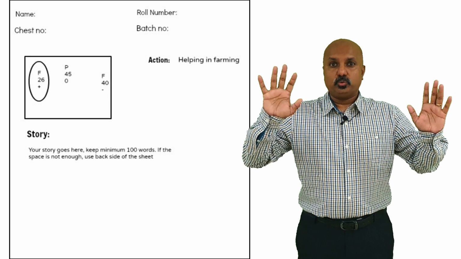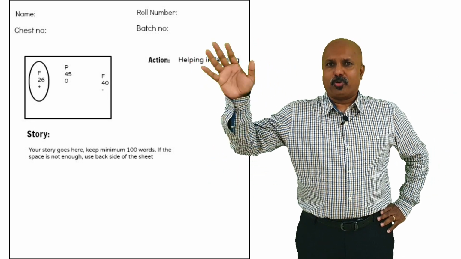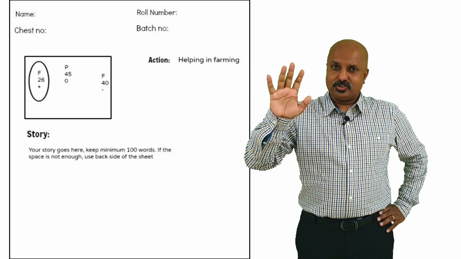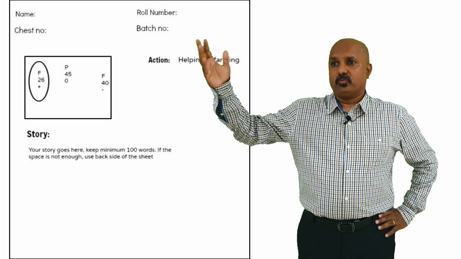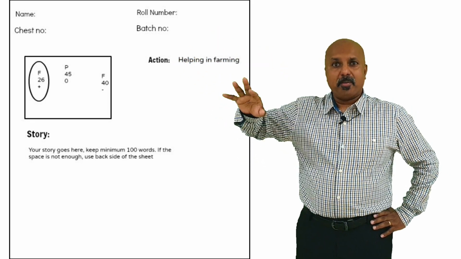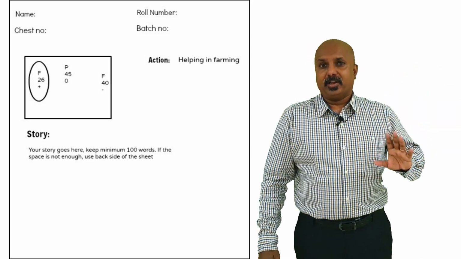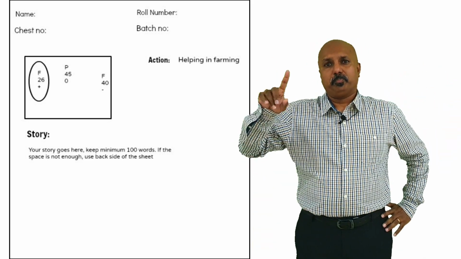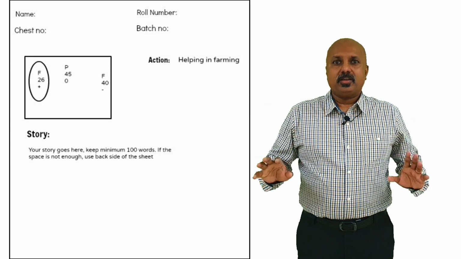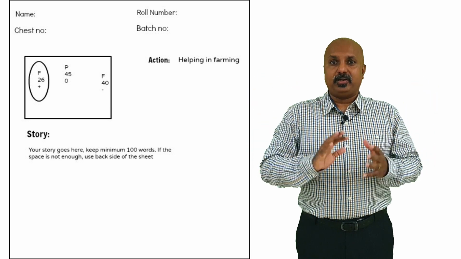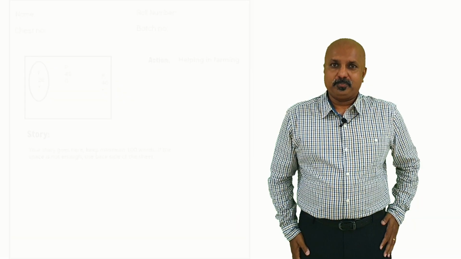Once you do the marking, you have to write their approximate age, their gender and their mood. If their gender is male or female, you can write male or M or F. If the mood you feel is positive, negative or neutral, you put a positive sign, a negative sign or N. Once you have identified the characters, then you have to write a story around it.